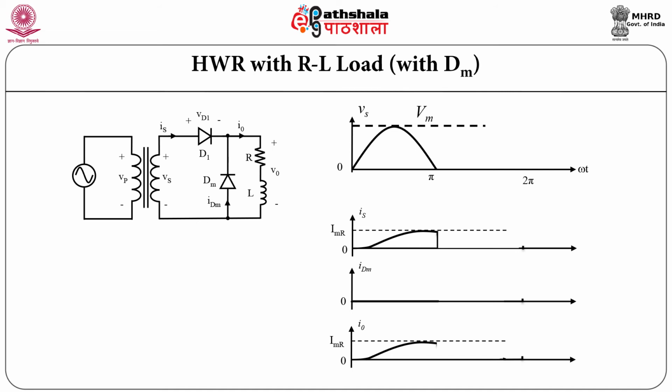If you connect the freewheeling diode as shown in this figure, in the positive half cycle the current flows as shown in the figure. Current will not become 0 immediately, but during the negative half cycle the output voltage will reverse. Therefore, diode DM, which is called the freewheeling diode, conducts. So current will still continue through the load even though diode D1 is turned off. Now we can see the output DC voltage is increased in this case.